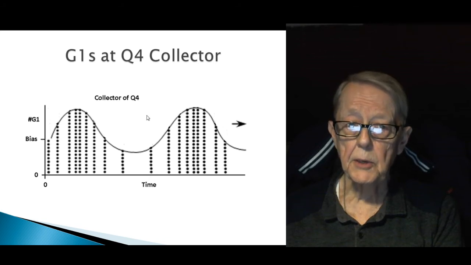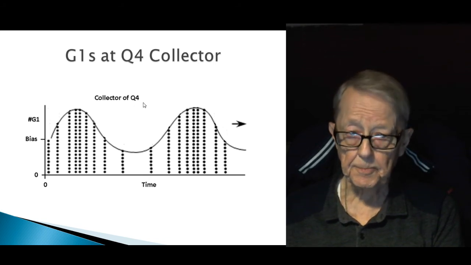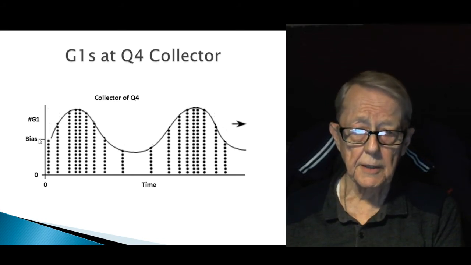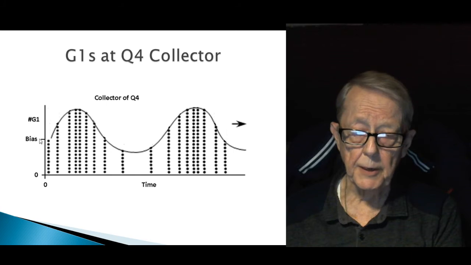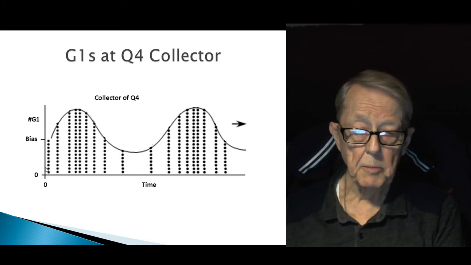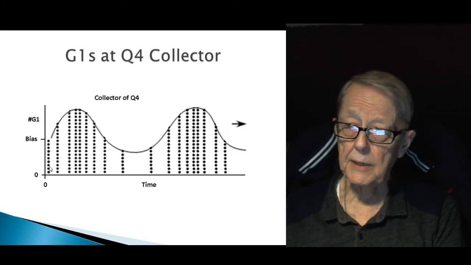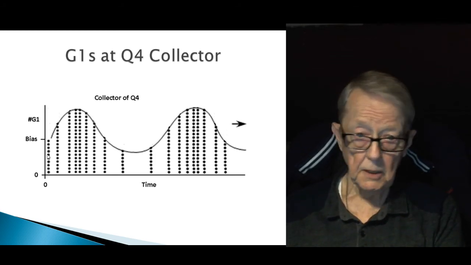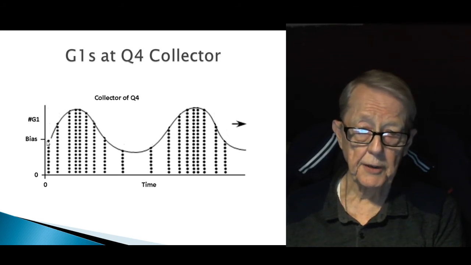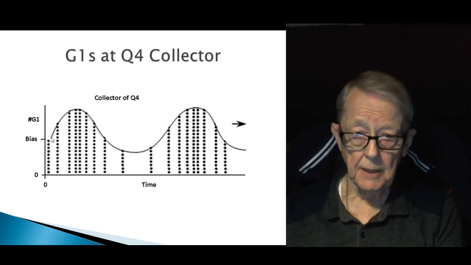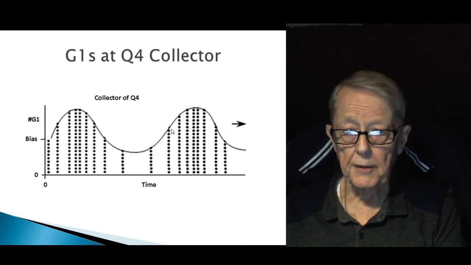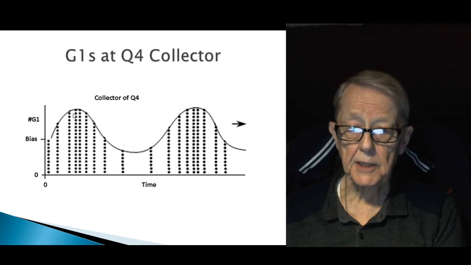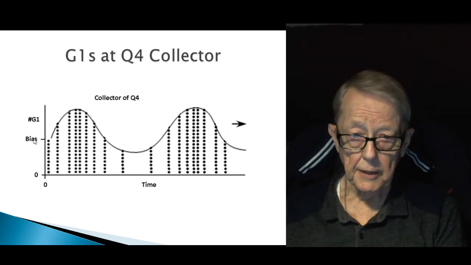So at the G1's at the collector, I can look at this several different ways. First way is that this is the voltage and a bias point. And as you may remember, in some cases, I generally assign each G1 particle a voltage. So I'm not doing any math here. It just sets a DC level. And if you were to put a scope on that point at the collector, you would see an AC signal like this with a DC bias,